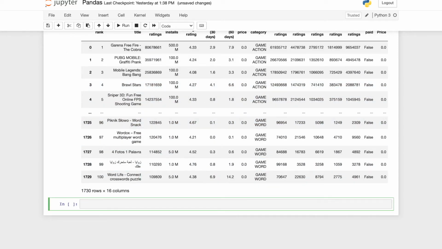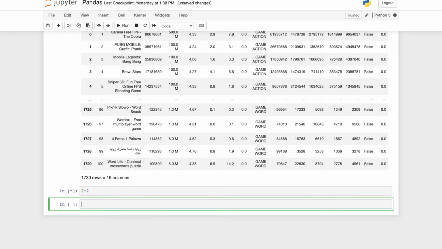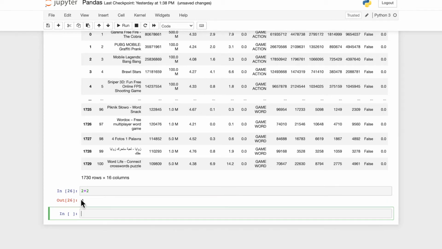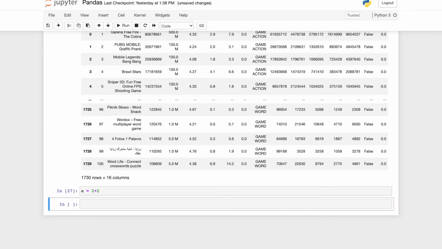Let's take a simple example. I have 2 plus 2. Once I run this, it shows me 4, but this 2 plus 2 does not make any sense, because until I add it in a variable, I can't call it again and again. So this is a kind of a view. 2 plus 2 is a view of 2 plus 2, but until I put it in a variable a and then run it and then view a,